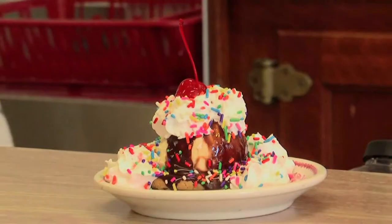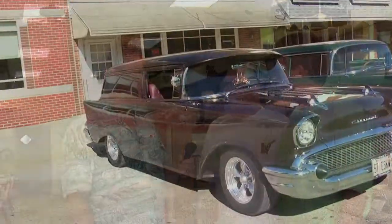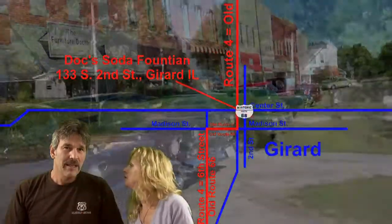Okay. Bob and Bob, I would just like to say thanks a lot for the tour of your facility and your hospitality. And of course I had some food here at the fountain, and it was absolutely delicious. So it's a good place to stop and have a little something to eat on your way to Santa Monica. Well, next town that we're going into is...